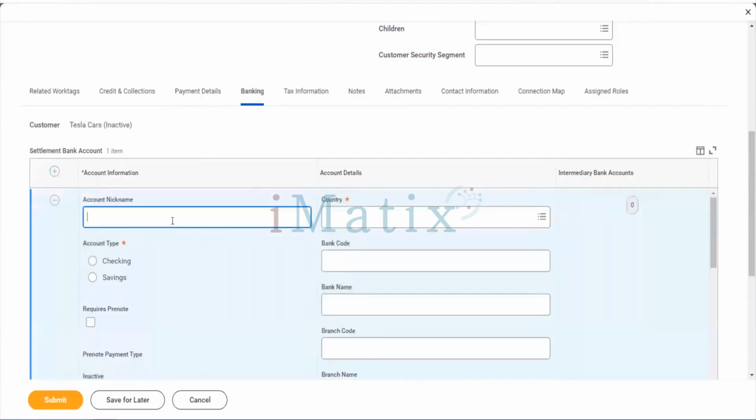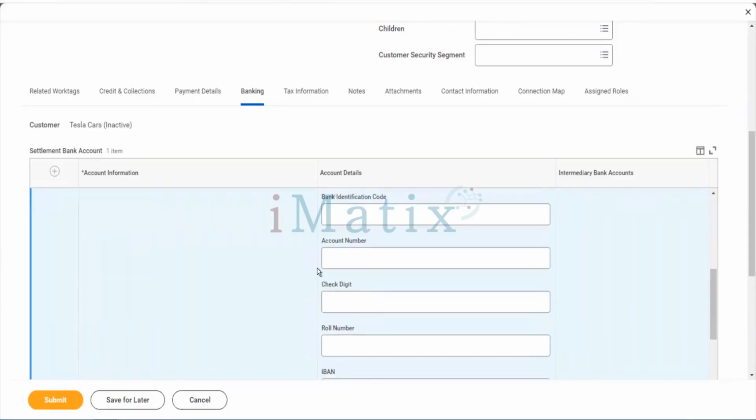My dear friends, I'll just take an Indian bank here because finding the routing code for a US bank is very tough, and the system validates it in the background. It takes some time, and if it is not correct, it keeps asking for the right routing code, which I don't want to do. I'll just select an Indian bank here. Let's say Tesla. In the US we call it a checking account, and in India we call it a current account. I'll just select India here.